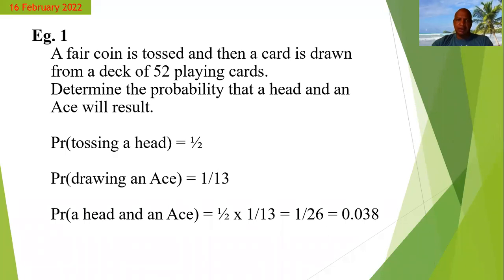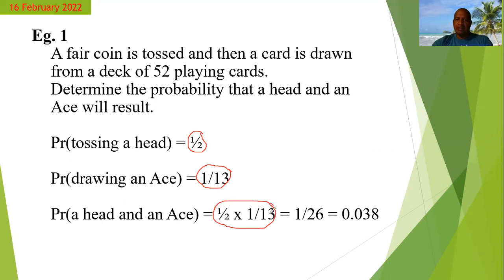So as I was saying before, in order to calculate the probability of getting a head and an ace in two independent events, what we generally do is multiply the probability of each of these events together, right? In this case, we're multiplying the probability of getting a head, which is a half, times the probability of drawing an ace, which is 1/13. And so when we multiply them together, a half times 1/13,